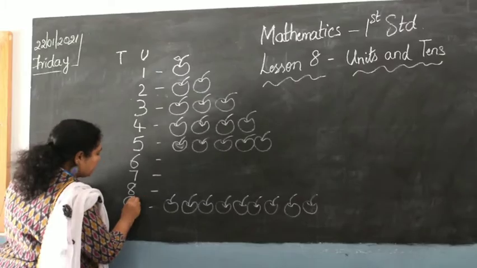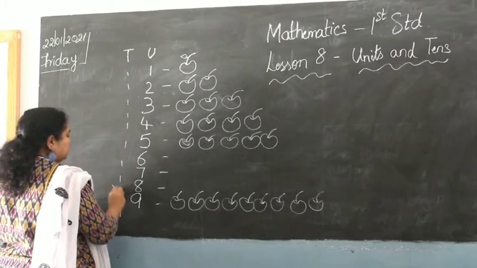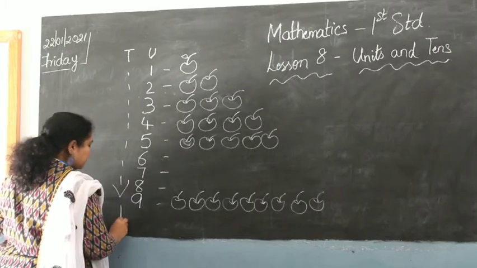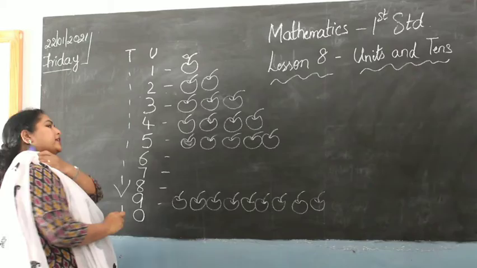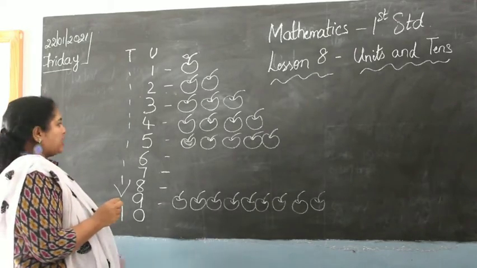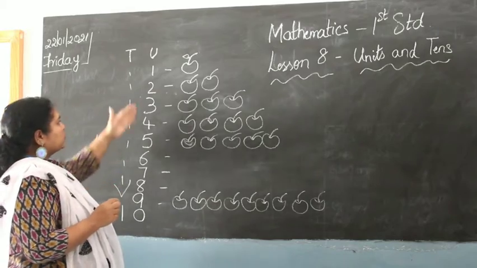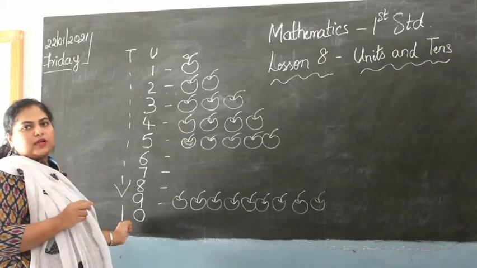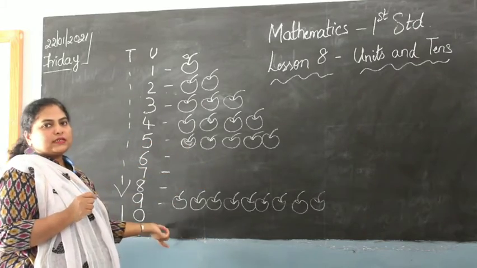So what happens when you will write 10? You have to write 1 in the tens column. Okay, so 1 will be in your tens column and 0 will be in your units column. Right? That's what I taught in the previous chapter. So you will understand what is units and tens in this chapter. So units are the single digit numbers. Okay, so every single object which you count is 1 unit.